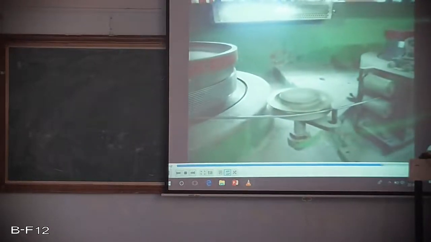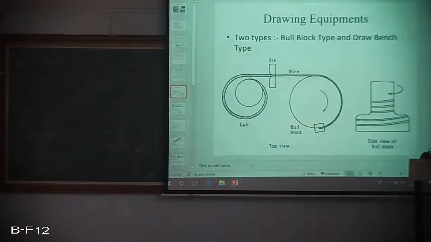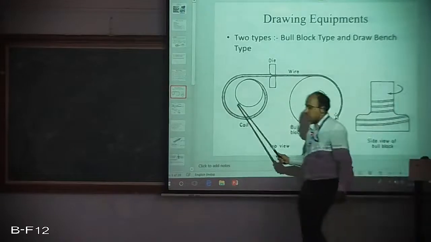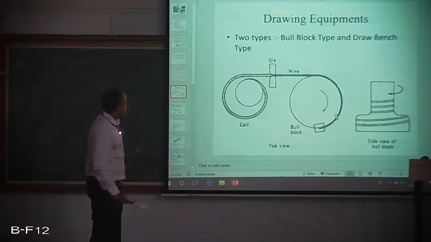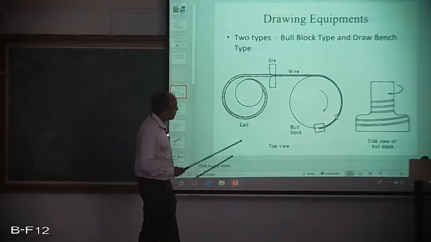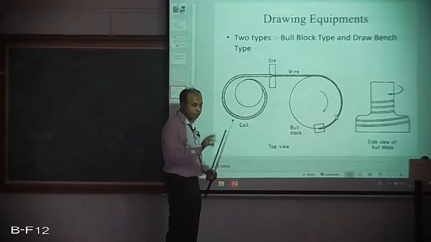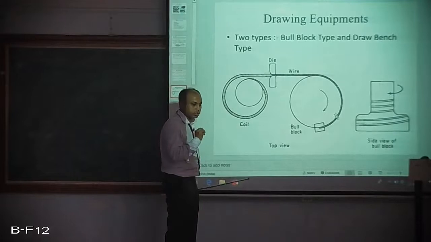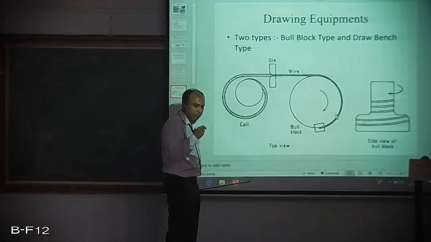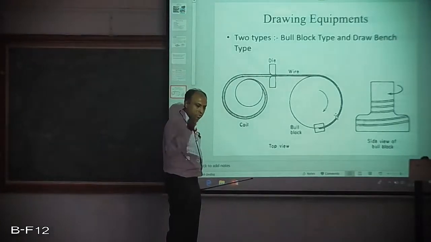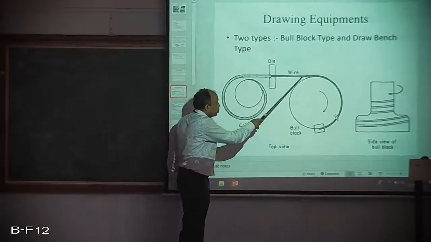Let me go to the schematic. So many such pairs were there, and it was taking place in sequence. Now the interesting part here is that the large diameter wire is undergoing deformation. This means the cross section is reducing, but as per the constant volume rule, the length should increase. The other dimension should be increasing. This means the length is more over here.